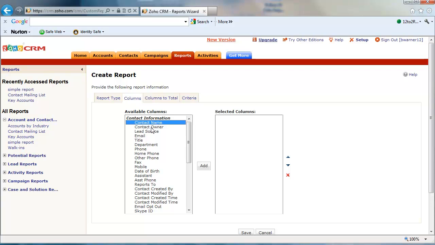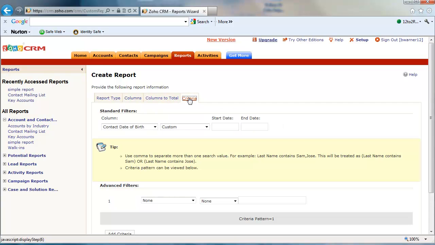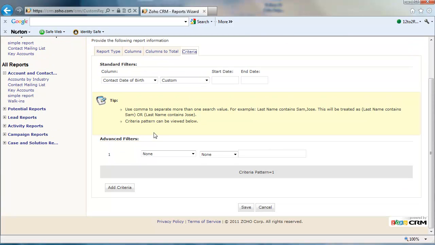I want the contact name, I want the email address, I want the phone number, and because I don't know which phone number I actually put in, I'll select those fields as the fields I want in the report. Then I click the criteria tab,